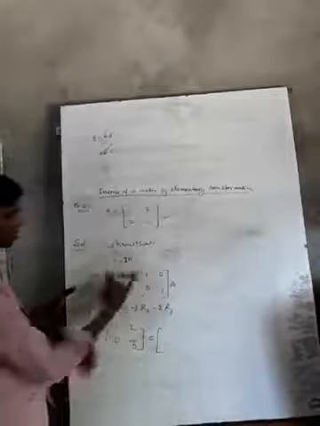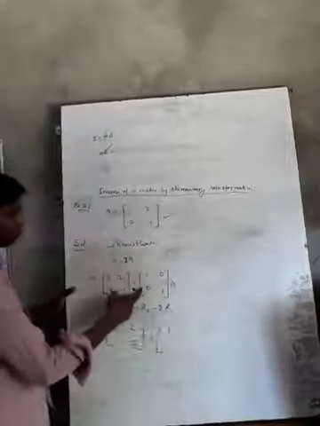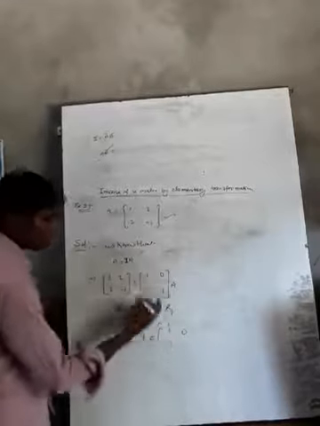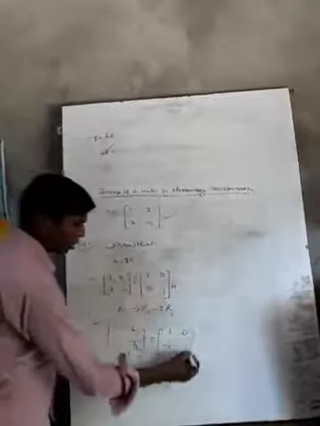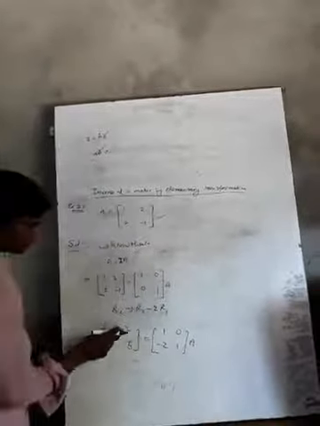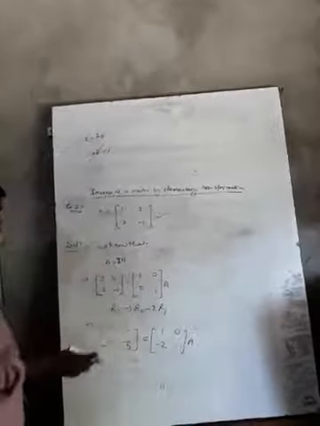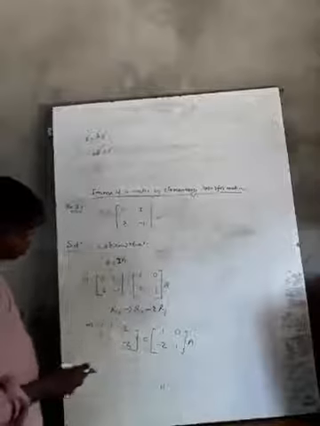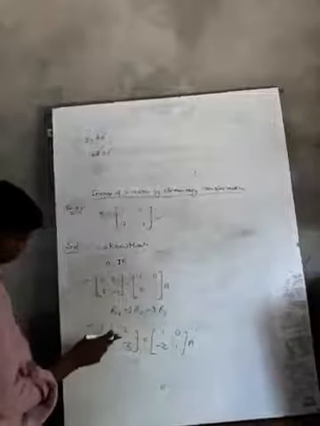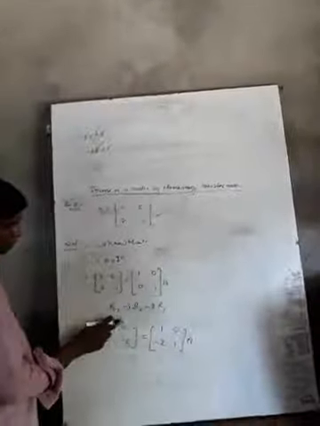Here the same operation. So 1 0. 0 minus 2, 1 minus 2, 1. And A will be here 1 0. Now we need here 0. To get here 0, what can we do?